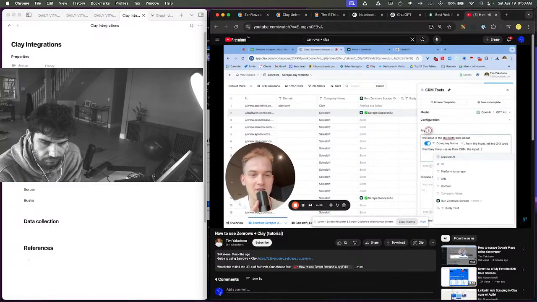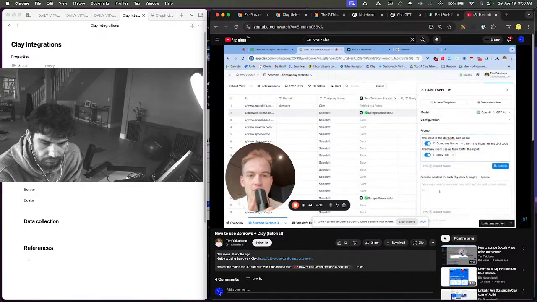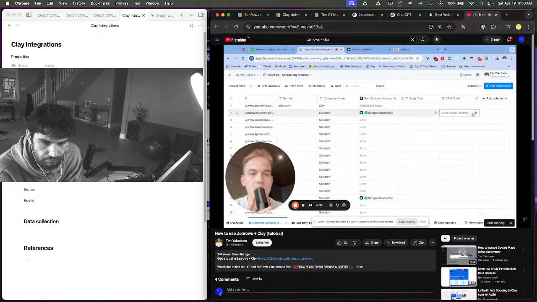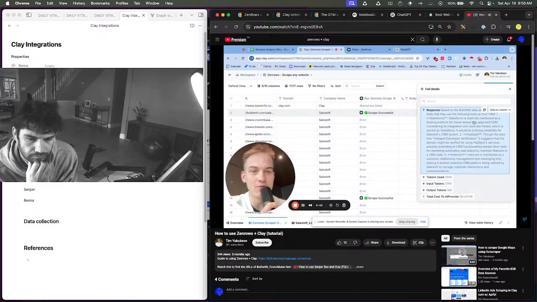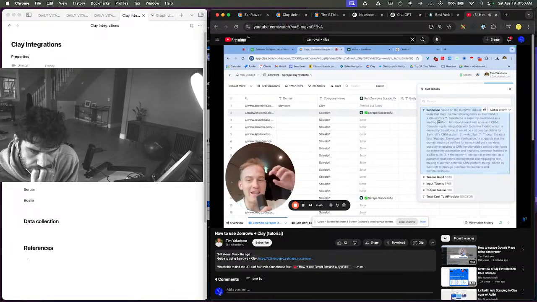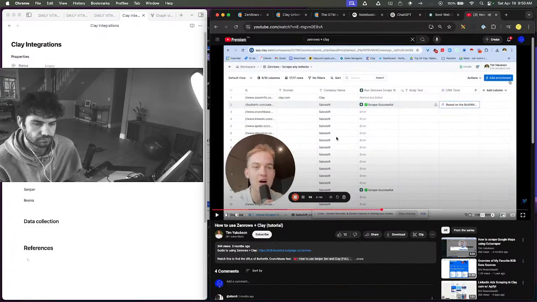In this case, I just had a little error, but the way to fix those errors is you will just go on body text and select the body text instead, and you will just save and rerun, and it should be absolutely seamless from there onwards. So let's do that. And once again, this is what the output is. It says, based on the BuiltWith data about SalesLoft, it is likely that they use the following CRM, Salesforce. Once again, it depends on what you're selling, but if sometimes you want to figure out that right now they're using Salesforce, then you can just basically